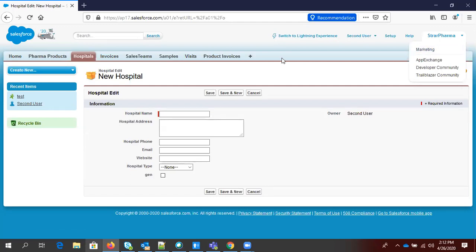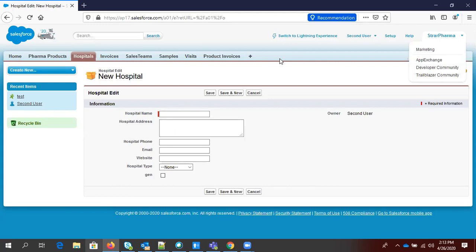Guys, two or three things you need to remember in terms of permission sets. The first most important thing is that a permission set can only extend the permission of a profile, right? Whatever profile permission you have, you can create a permission set and you can only increase the permissions, right? It cannot decrease. Did you understand my question? You can only increase, you cannot decrease.